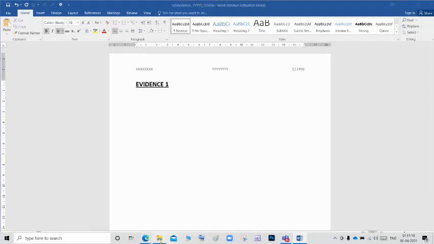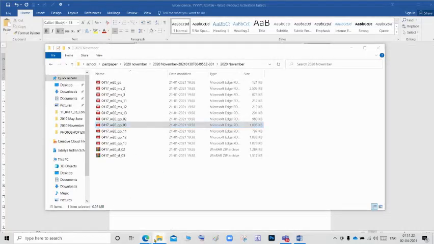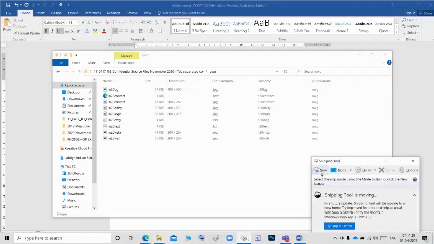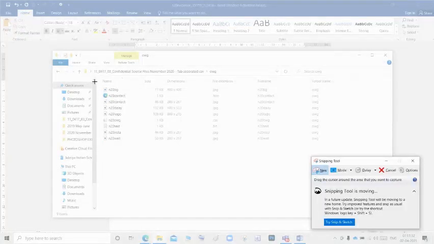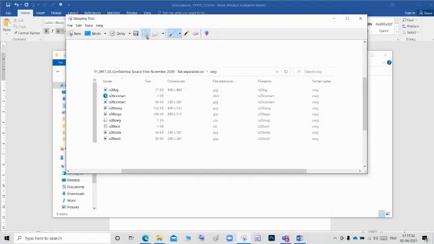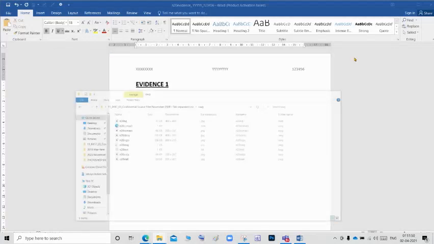Go to the snipping tool, open the OWG folder, go to the snipping tool, and you can copy with the help of the snipping tool and you can paste. Go to the new in the snipping tool and it will come like this. Sometimes it will be in the free form or window snip or full screen snip. Okay, you want to select the rectangular snip in the snipping tool. After that, you can create. So I'm going to drag this one. Copy. This is the copy button. Copy this, and you can paste in the evidence one.